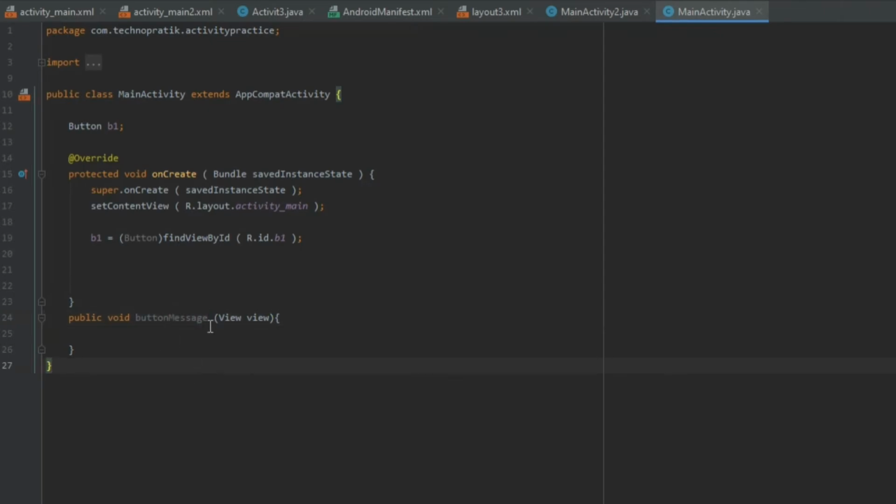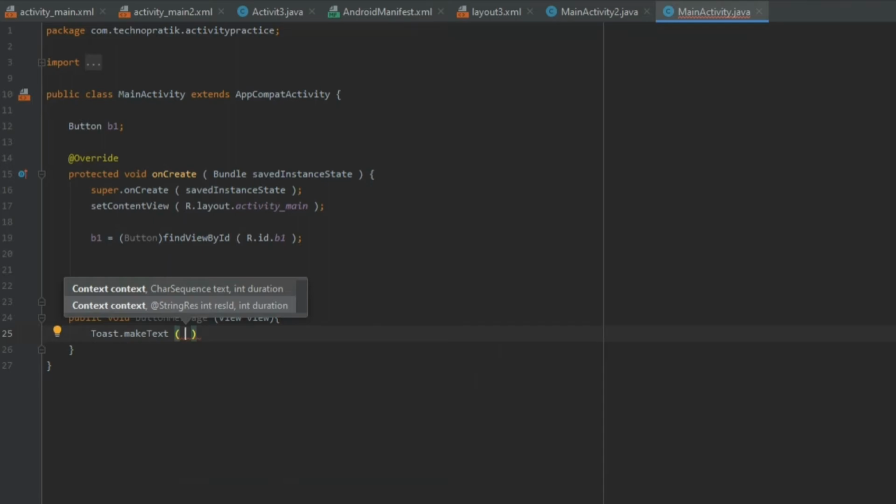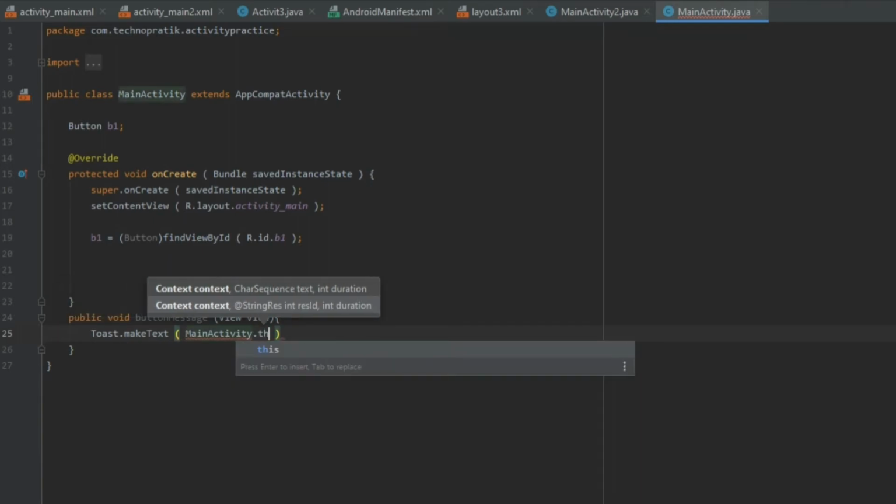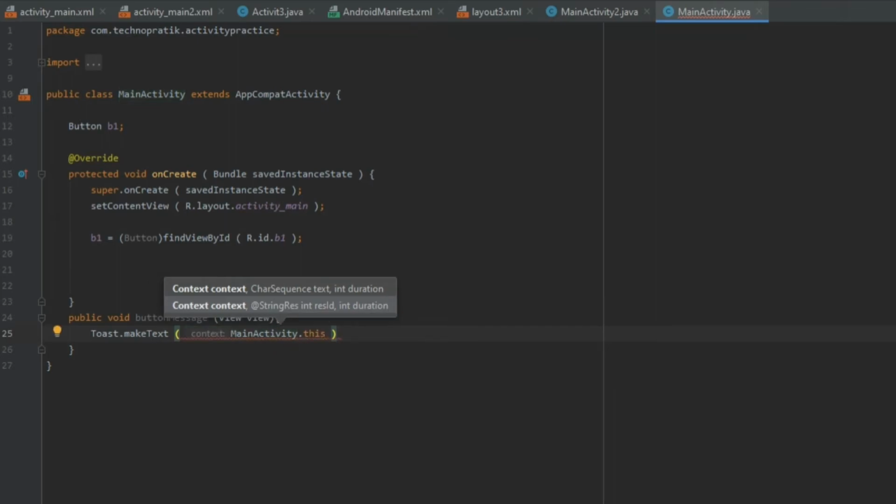Let's give buttonMessage here, and now here we will create a toast message, Toast.makeText, and here MainActivity.this. Toast message is useful for checking whether this function is working properly or not.